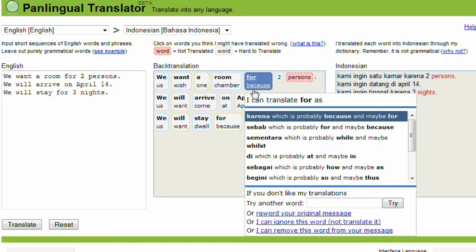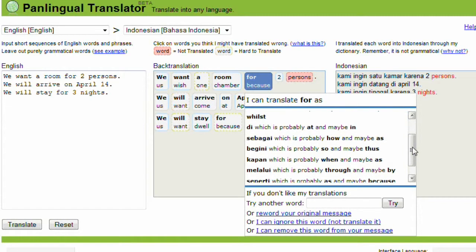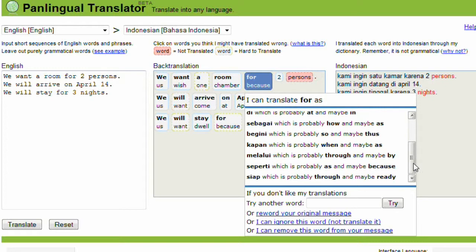In this drop-down you can see translations of your word, the most likely back translation, and the second most likely back translation. We show these two because having 2 gives you a better idea of the meanings associated with the translation. Since we use for as in for 2 people, we can look through these back translations to find the one that best conveys our meaning. Unfortunately, none of them indicate our intended use of the word.